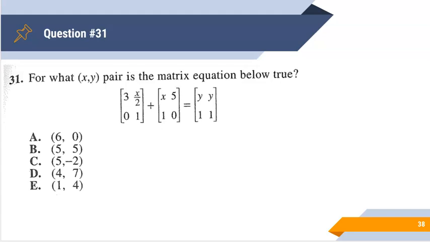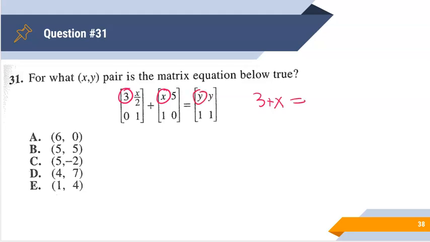Okay, 31 wants to figure out what x and y are. Well, this one's kind of a doozy. It's a matrix question. Now we're adding, right? So I could think about it meaning like 1 plus 0 has to equal 1, right? Because those are in the same place. I'm going to do that idea up in the numerator. I would say 3 plus x